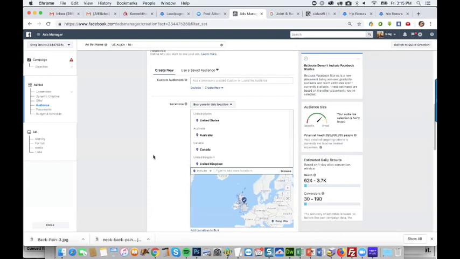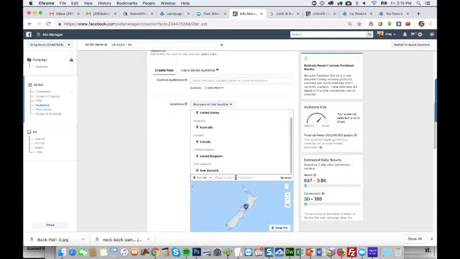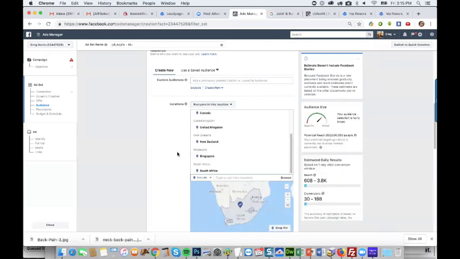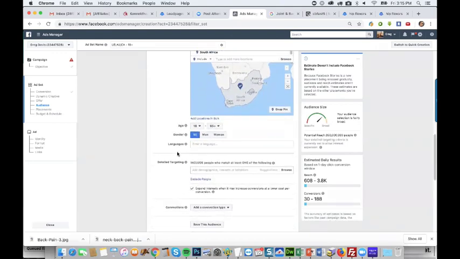So let's see, we got New Zealand. We got Singapore. Forget about them. Now is it South Africa? Speak English too. All right, good enough. So those are the main English-speaking countries that have money.